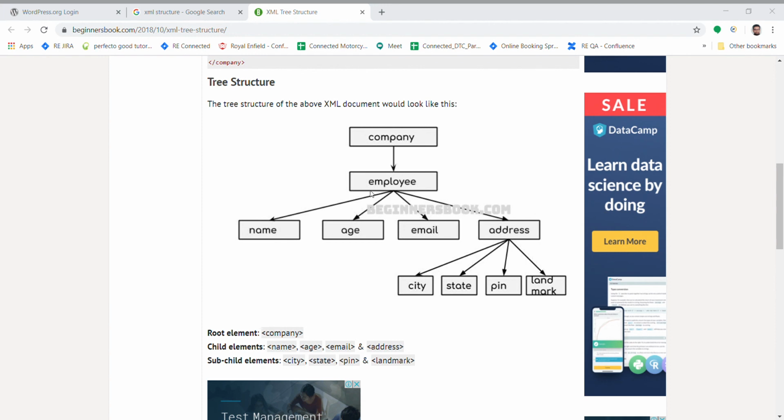Their ancestors are employee and company, its parent and its grandparent. Also for this one, what are the ancestors of this element? Its parent, the parent of its parent, and the parent of its grandparent. This is the structure.